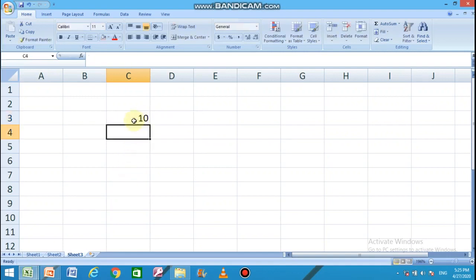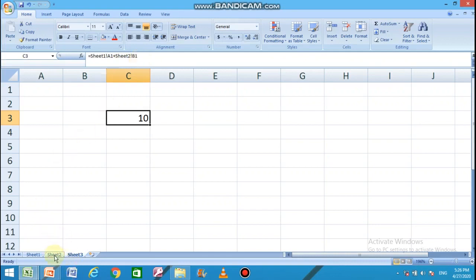You can see both the values are added together and the result 10 is printed on the third sheet. Understand the formula once again. First of all, type that sheet reference where the data is, then exclamation symbol, after that write the cell address. Put the operator, give another sheet reference, exclamation symbol and the cell reference. And this way you can call data from many sheets and calculate them together. I hope you have understood it.